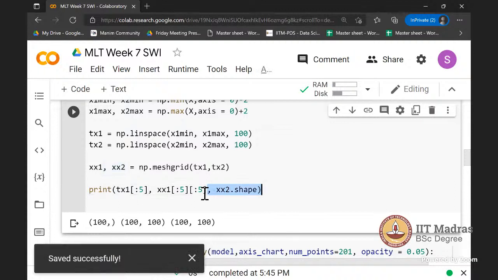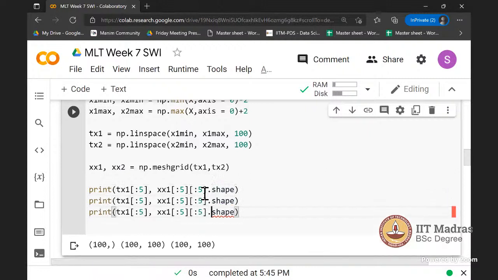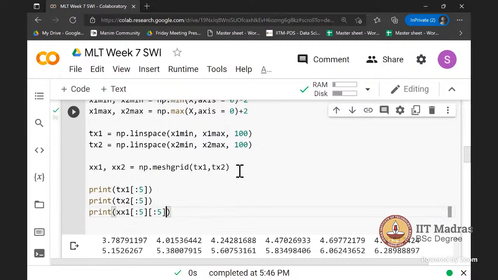And before that, maybe it's a good idea to show tx2. Okay, and inside xx1 the first 5 values. Okay, so